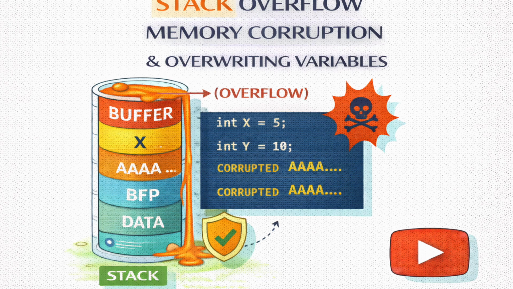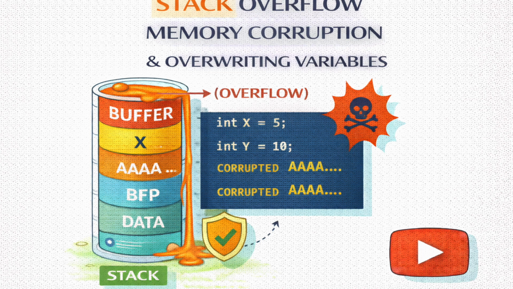Right. They switch the order. The logic is, if auth flag is at a lower address than the buffer, and buffers fill upwards, you shouldn't be able to overwrite the flag. The spill would go the other way. So, does it work? Well, here comes the twist. The source reveals a harsh reality.